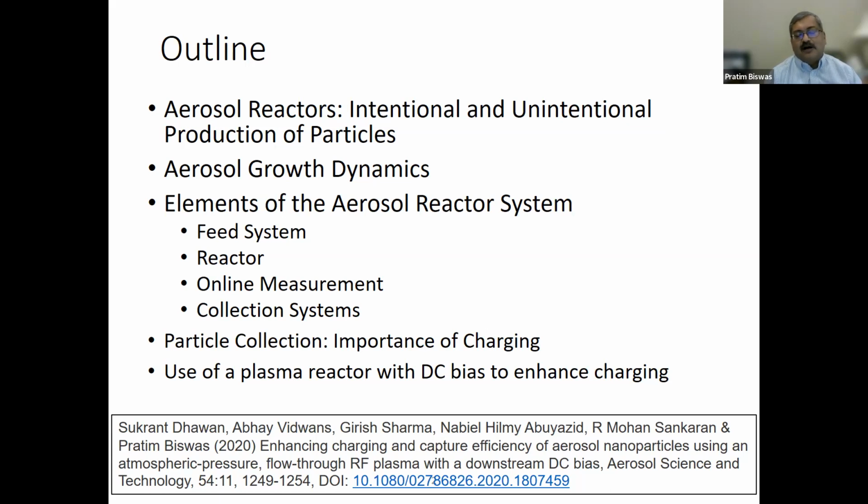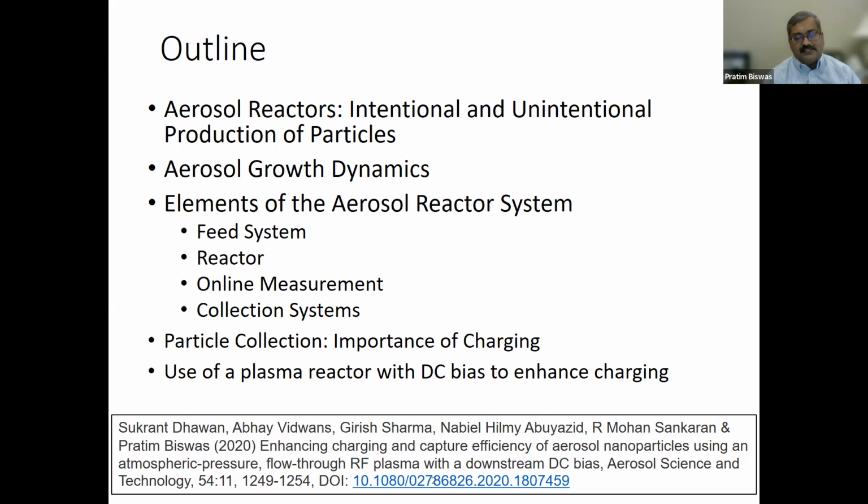And I'm going to describe a plasma system with a DC bias that this paper describes to enhance particle charging. And the paper is listed below. It appeared, I think, last year, maybe 2 years ago now. So I'm going to refer primarily to that aspect